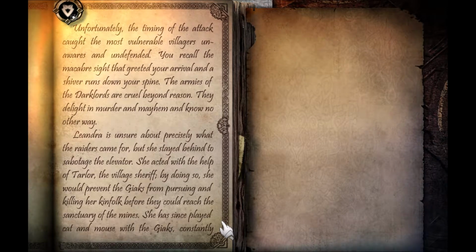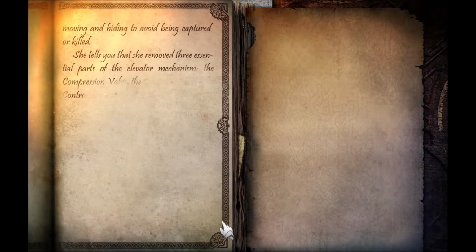Leandra is unsure about precisely what the raiders came for, but she stayed behind to sabotage the elevator. She acted with the help of Tarlo, the village sheriff. By doing so, she would prevent the Giaks from pursuing and killing her kinsfolk before they could reach the sanctuary of the mines. She has since played cat and mouse with the Giaks, constantly moving and hiding to avoid being